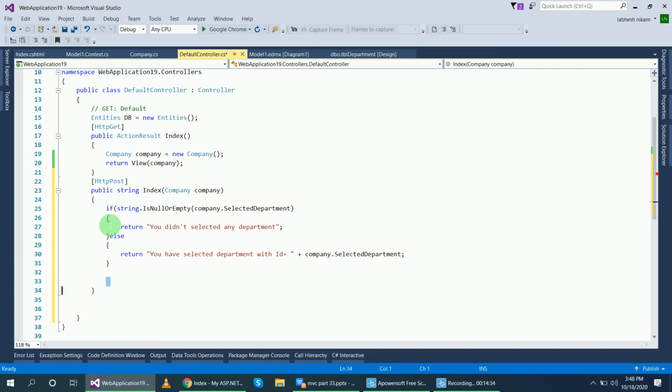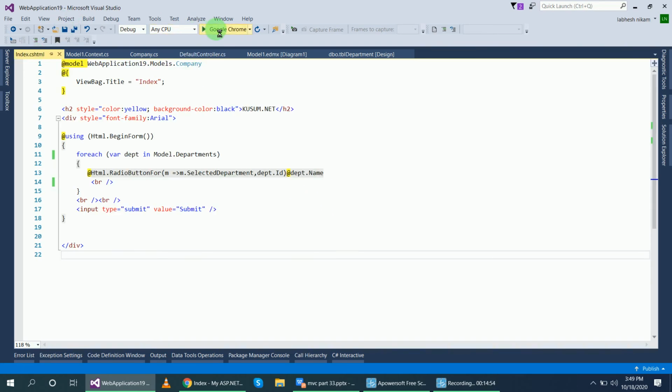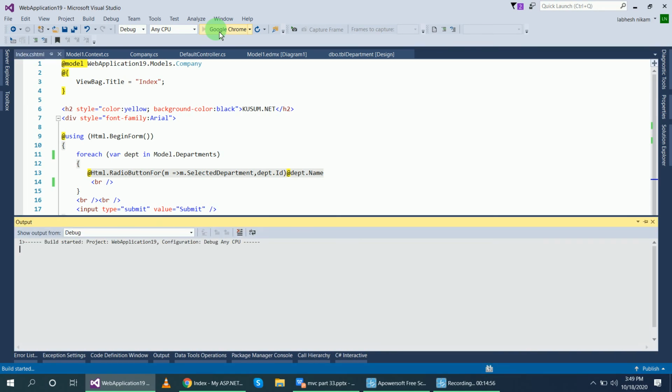Why this? Control F7. Okay, because of this the end bracket is not updated. So now run the page again and see what is going to happen.